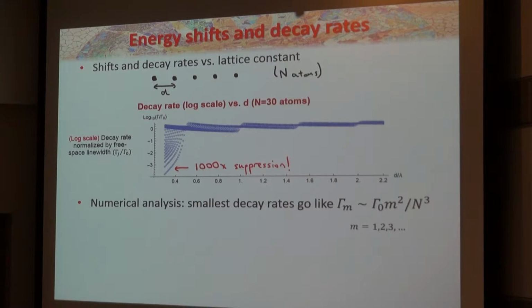So I'm not sure what the question is. I understood the question, yeah. If I average across all of them, I get the average atomic rate, right? All 30 states, the superradiant ones and subradiant ones. Yeah, so it turns out in 1D, the superradiant ones are not very superradiant. They only decay, yeah. But then you have all these decay rates that are basically 0. So when you average over it, you can get a rate that's still quite subradiant in the end.